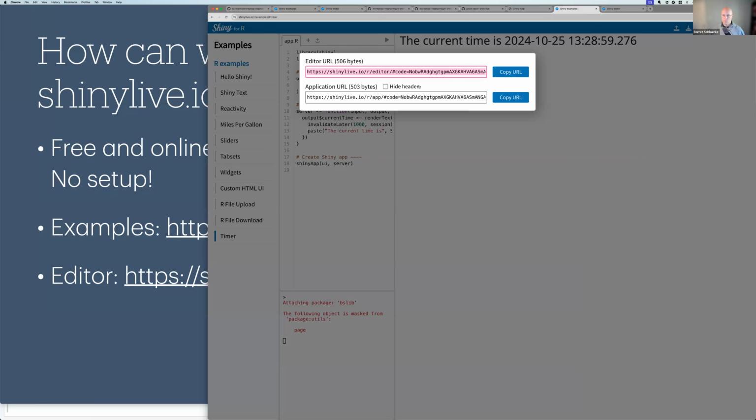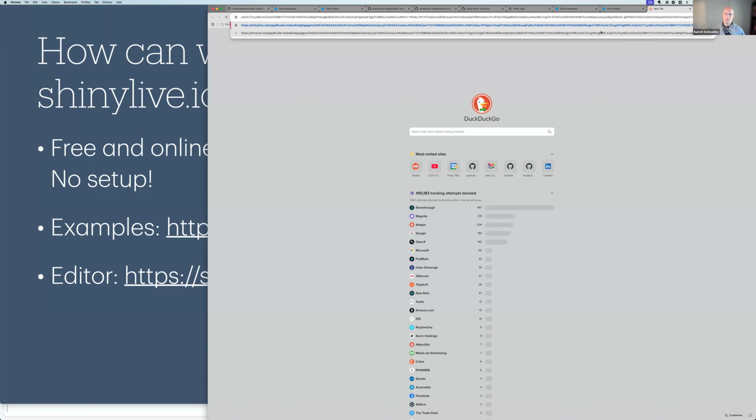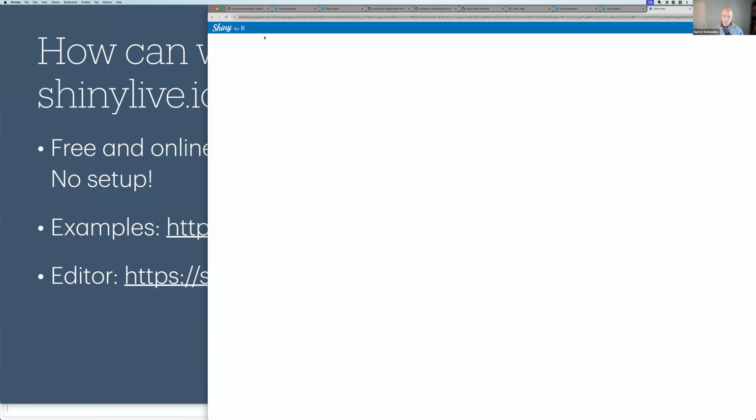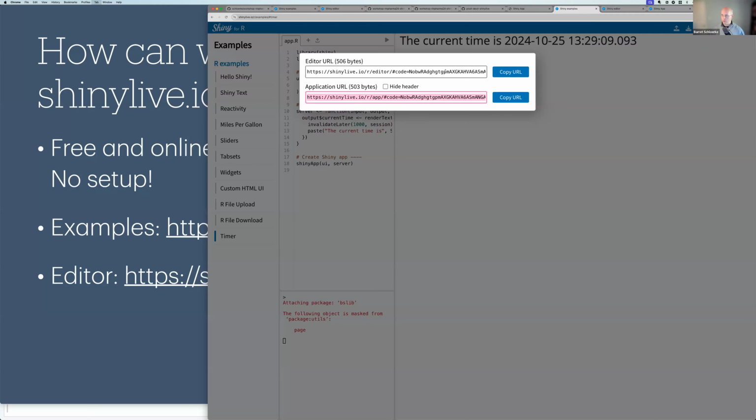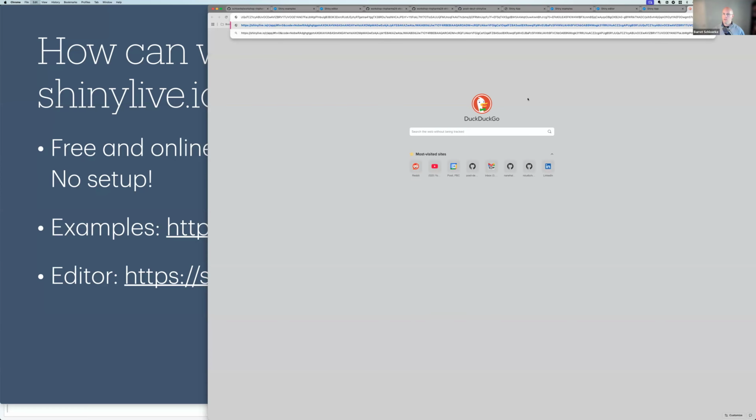Or we have application, copy URL, go to it, Shiny for R in the top with an edit, just kind of tell you it's shinylive. Or we'll even allow you to hide that header, copy URL. And now it's just an app.